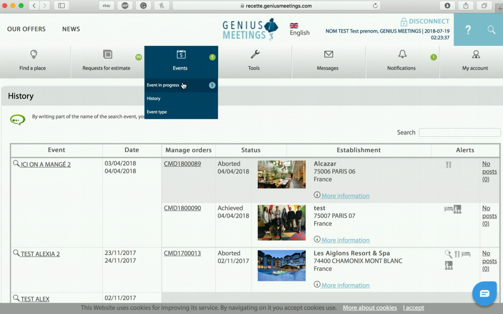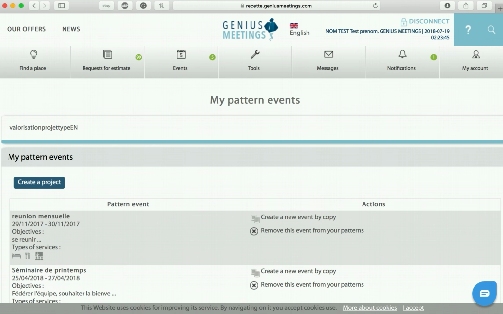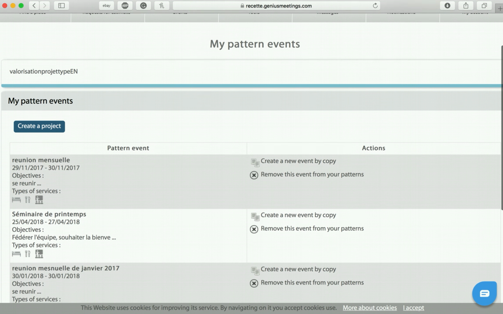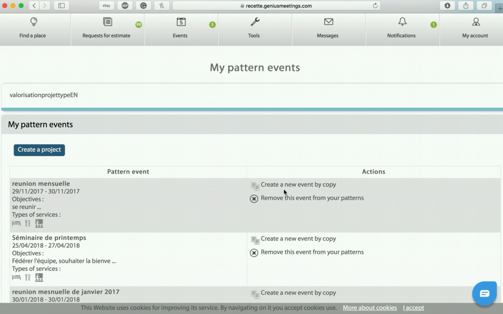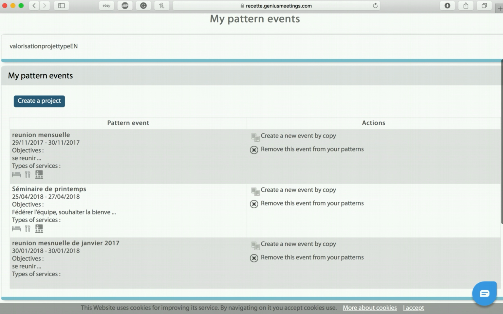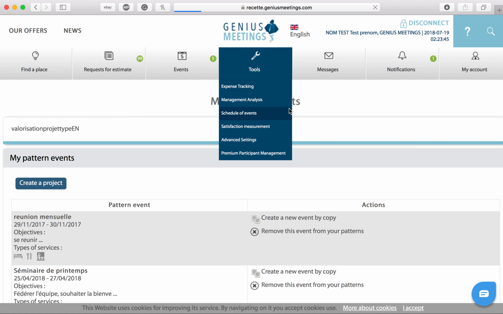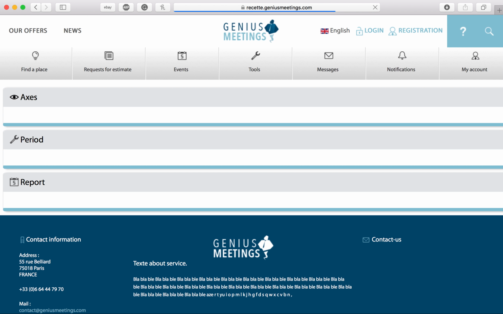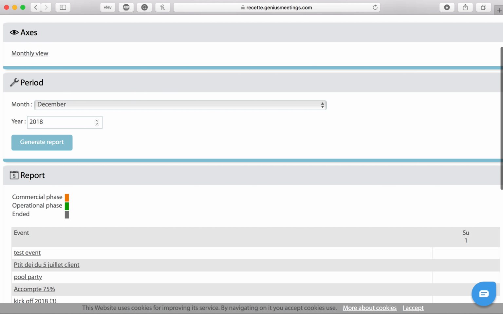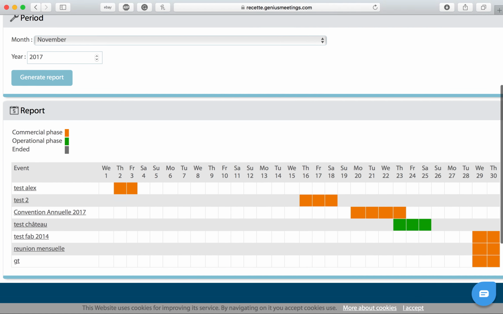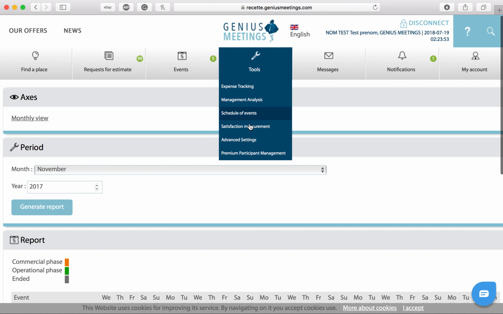which is similar to what was seen before, and the event type, which is very similar to what we've seen before, and you are able to create a new event by copy, or you can just simply remove it. We'll head straight over to tools to where we can see the schedule of events. And over here we are able to generate a report using an example like this, and you're able to see the advanced settings